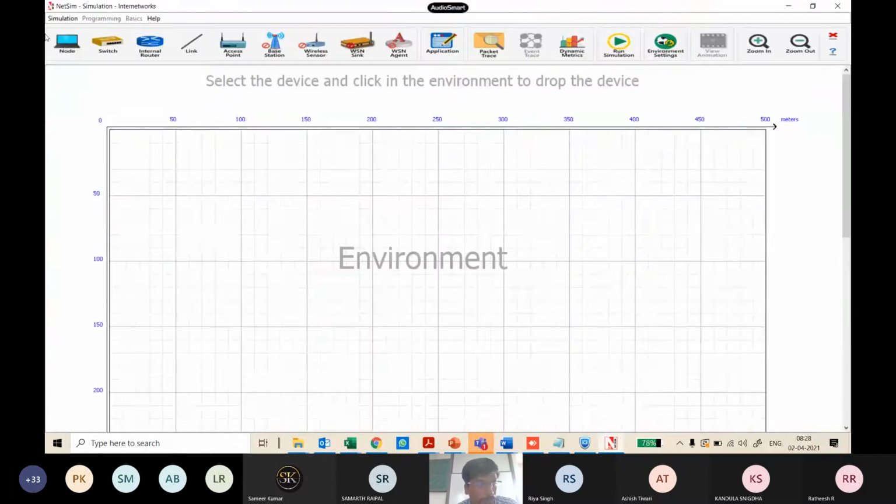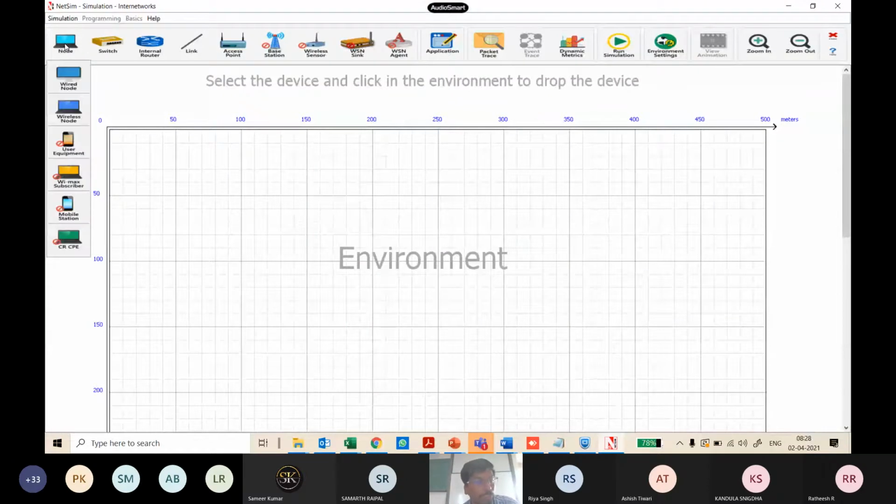Okay, so click on the node. All of you can do along with me. If you click on the node, it shows what are the different types of nodes that are there. These are all the end devices. Okay, so I'm going to only focus on wired node, normal PCs or laptops, which have your Ethernet port. So I'm going to click on wired node. Just click once. Then if you just drag your mouse, you can click n number of times to place that many number of devices.